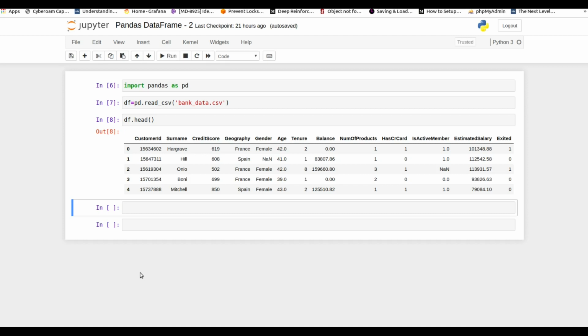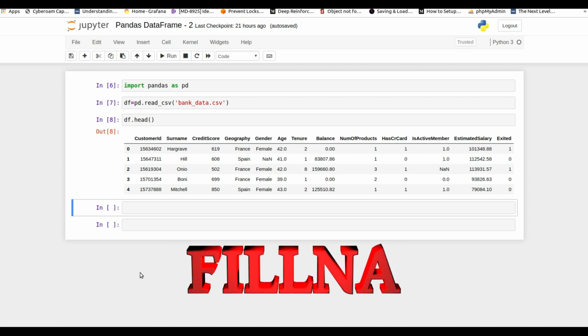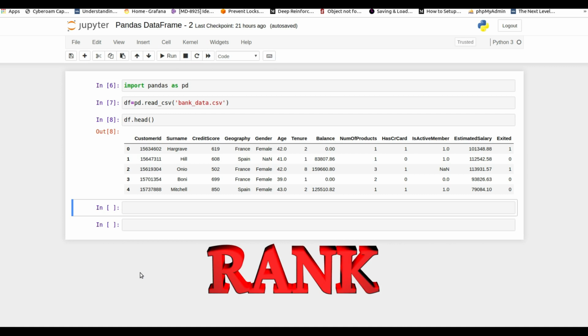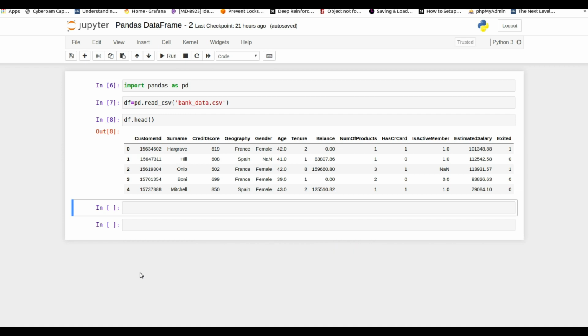This is Pankaj and today in this video, we will continue our journey to learn pandas. The topics we will cover in this video are dropna, fillna, astype, unique, sort_values, and the rank method. I will not just explain how to use them, but also focus on in what scenario to use each method. There are a lot of ways to use a single method, and a lot of different scenarios to use it.